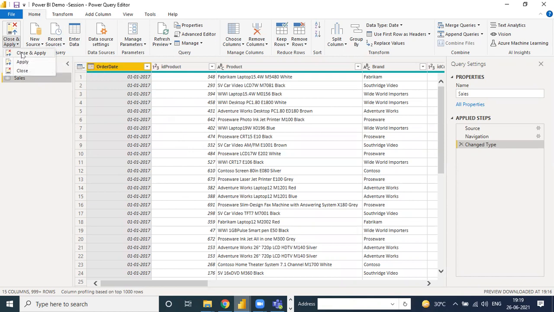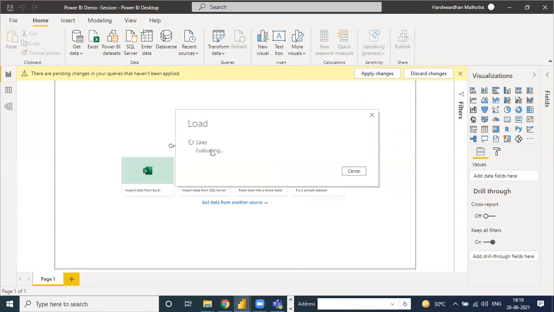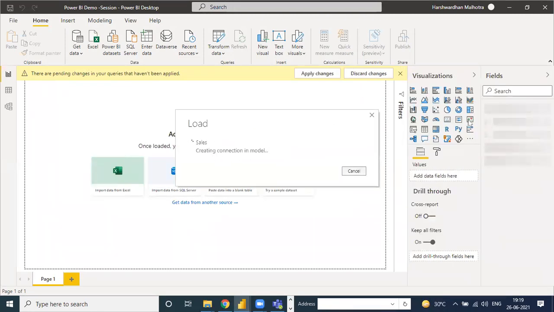Like I have shown here, click on close and apply. See, my data is connected to the Power BI page, connected in the model. See, all the fields are going to submit there.